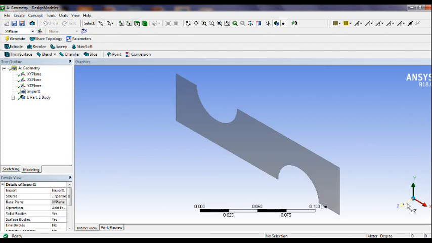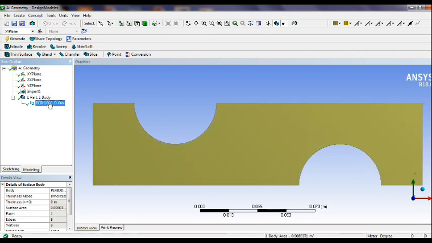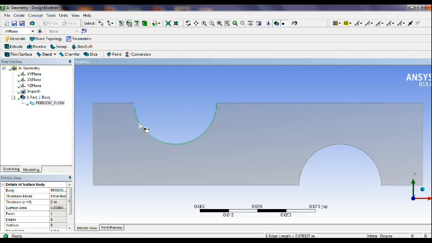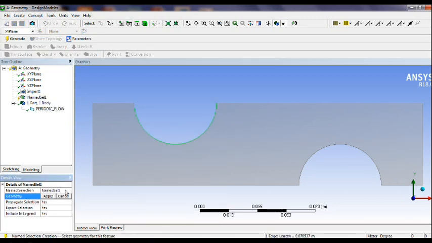and now click on the Z. It is parallel to your screen. Now you can see we have the geometry. It is two-dimensional, and one part or body is here, periodic flow. If I select it, so just define here. First I will click here and select the named selection. Here I will give the name bottom tube,